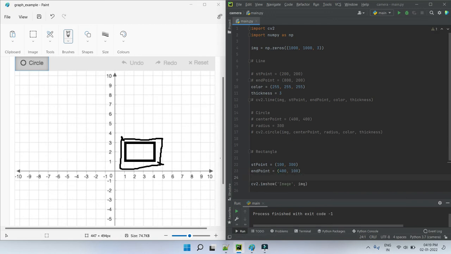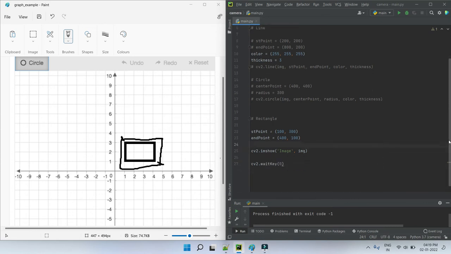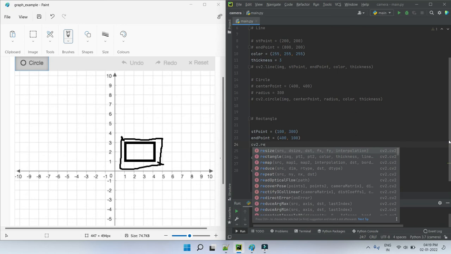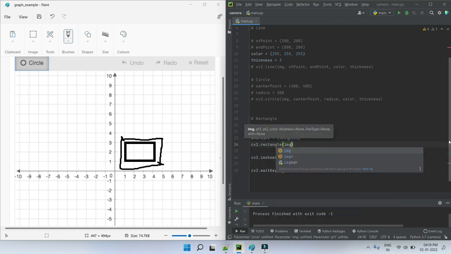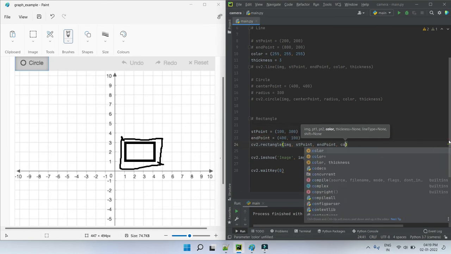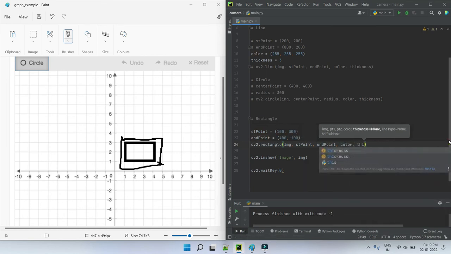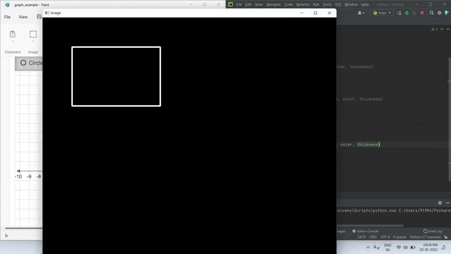Anything else? No need. So CV2 dot rectangle. First one is the image, then the starting point and the end point, then a color, then a thickness. That's it. Just try to run. Yeah, I have drawn